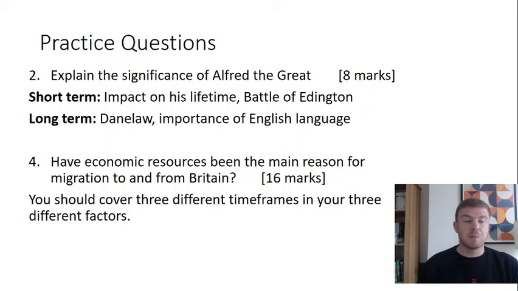And then you could have a go at practicing at least 1 or 2 paragraphs of the main factor question. So question 4, your last one, says, have economic resources been the main reason for migration to and from Britain? Now, when you do this topic, as we'll discuss in later videos, you need to cover 3 different time frames. So you wouldn't want to do a full essay only about stuff from Unit 1. You need to give examples from Unit 1, 2, 3 and 4 in an ideal world, or at least 3